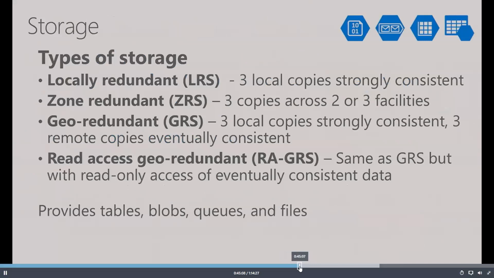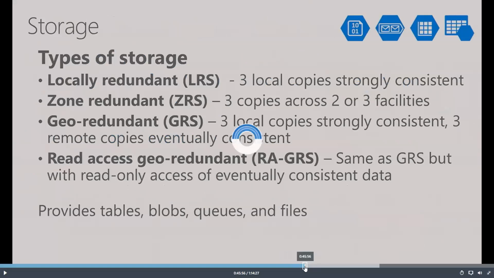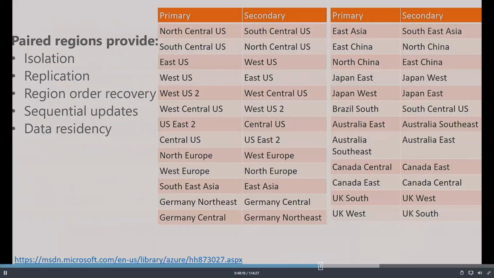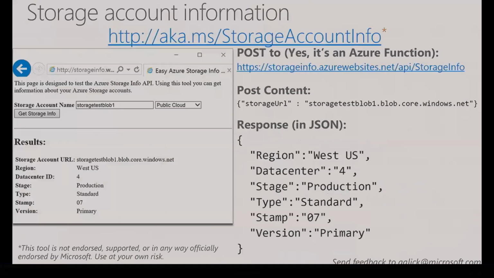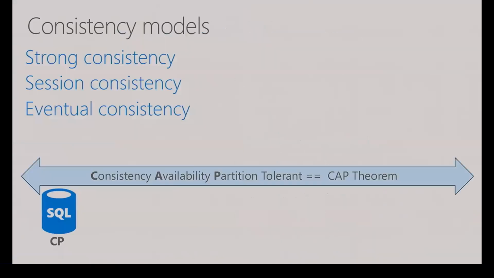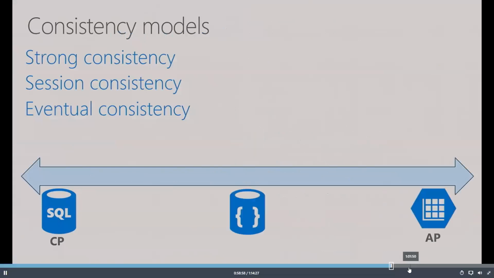It's seeing, or the equivalent thereof based on the technology that we're using, but your scope of what could fail somewhere else. And then finally, you've got RAGRS, which is the same thing as GRS, disks that you're running that's actually your C drive. Say, for instance, in Windows, if it's not able to access it, it'll automatically retry the secondary region for you. Just makes it providing that isolation. And also providing the, but you have to be smart about it. So one, never put more than a JSON call in, that's basically the URL for your storage account, and it'll return a JSON blob that goes through, the other ones are queued up behind it.